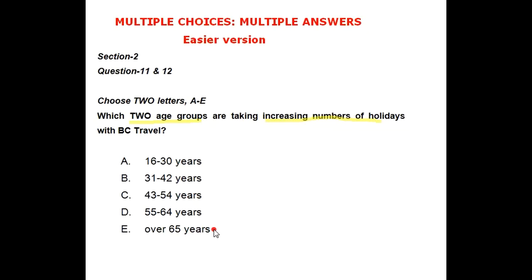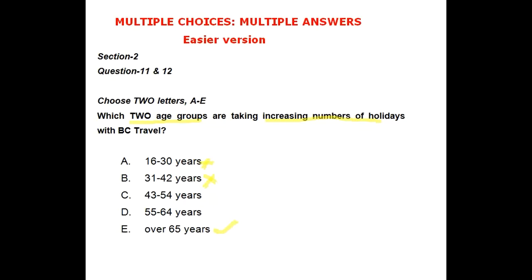In terms of age groups, the over 65s are an important market, and one that's increasing steadily year on year. The fewest holidays are taken by the 31 to 42-year-olds, and that figure shows no sign of rising. The biggest market at present is still the youngest group, the 16 to 30s, but this group's also seen the biggest drop over the last few years, whereas there's a noticeable growth